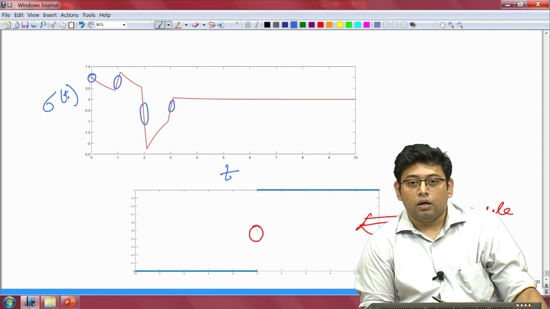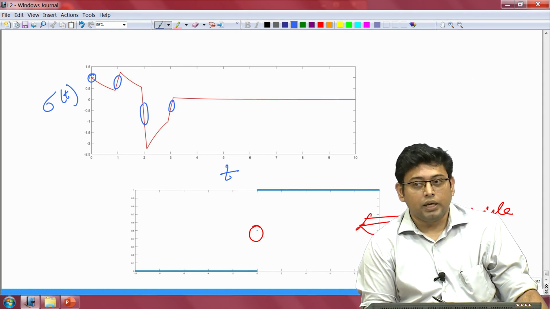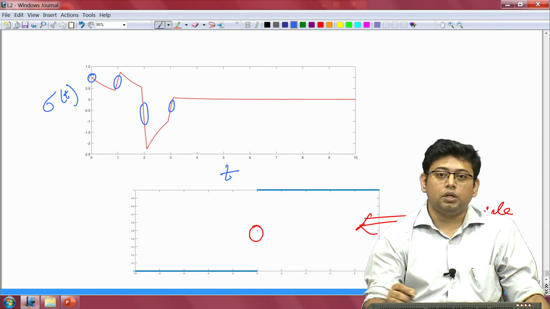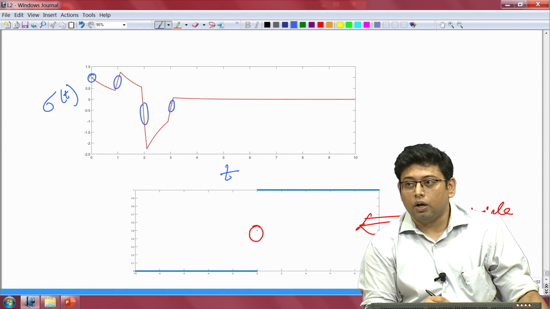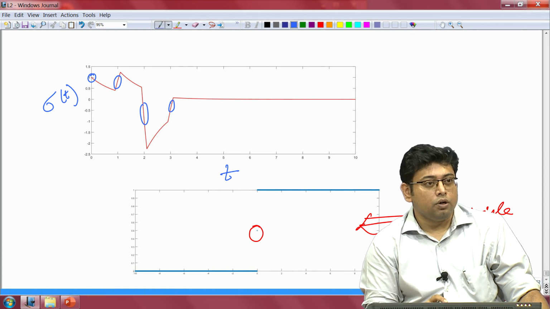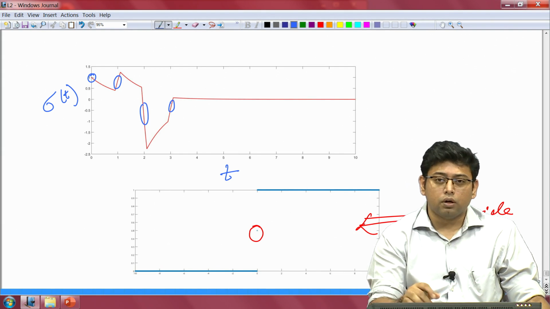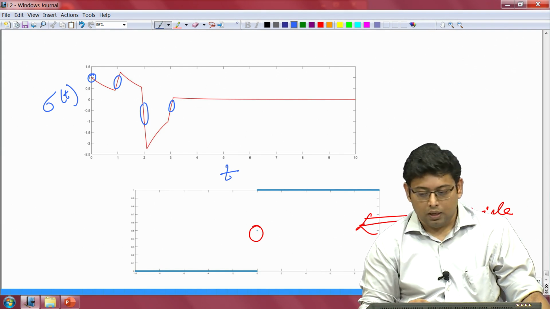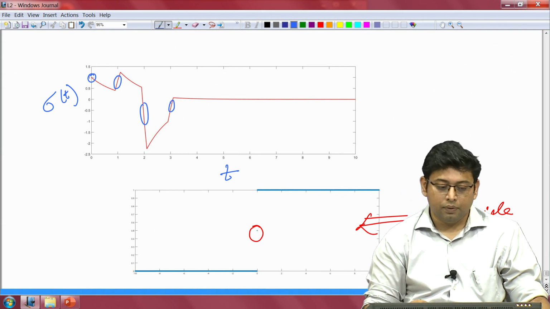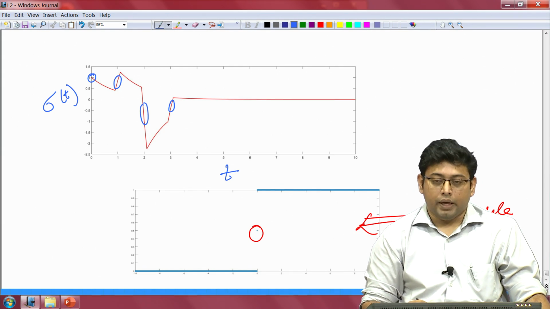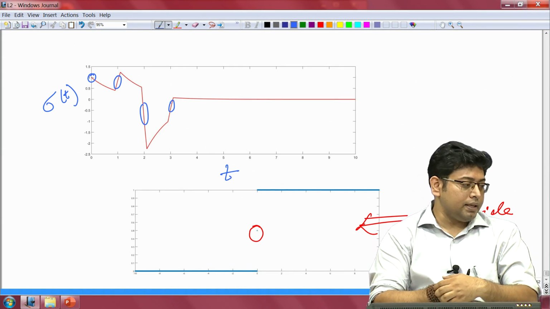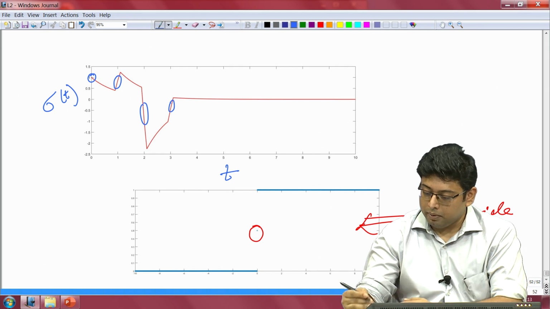Now, MATLAB also allows symbolic calculations, and I am sure this entire thing can also be done in a symbolic form, although I did not do it, but you are more than welcome to do that. There are other software packages also which allow for symbolic calculation, and you can use those, although for this particular class I have not prepared such a solution. Okay. So, this completes our discussion on this particular problem.